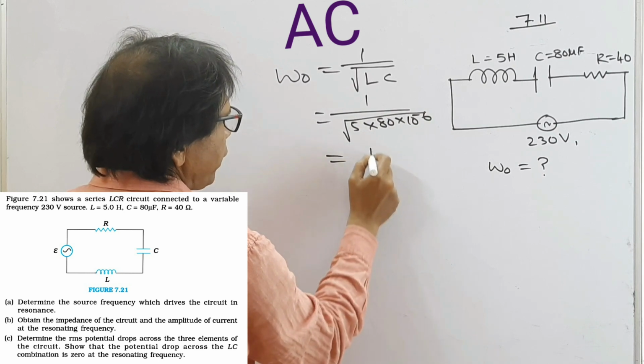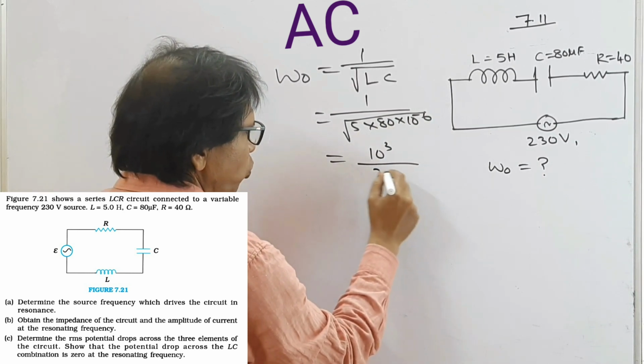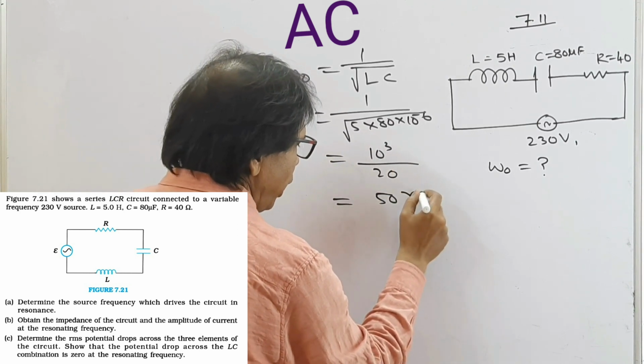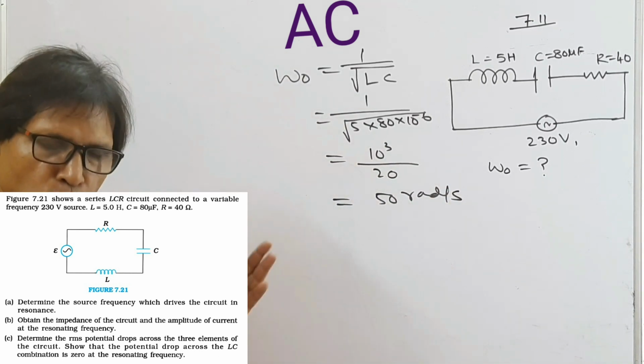So this is 1000 divided by 20, since root of 400 is 20. So this is 50 radian per second, the frequency of the source